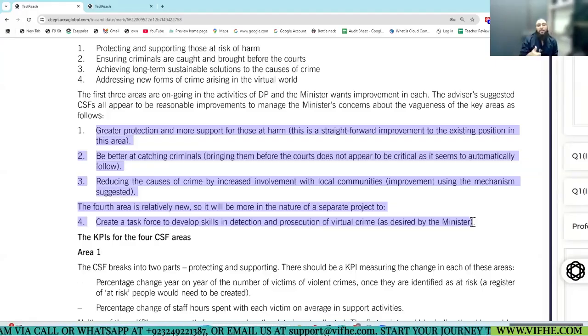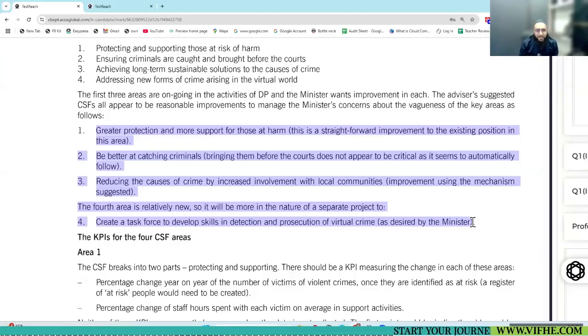Greater protection is economy, being better at catching criminals is economy, identifying causes of crime is economy, developing a task force for virtual crime is economy.